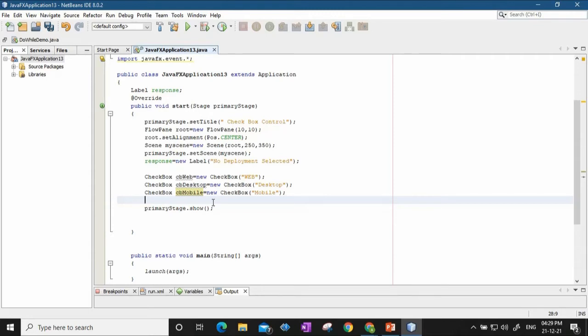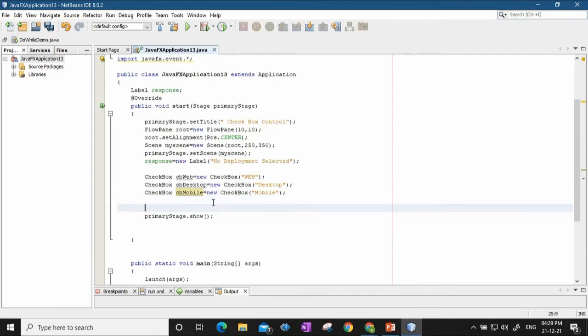So I have created 3 checkboxes. Now the event handling that I'm going to do for this will be that when a particular checkbox is selected, okay, in this response label it will show whichever checkbox has been selected.